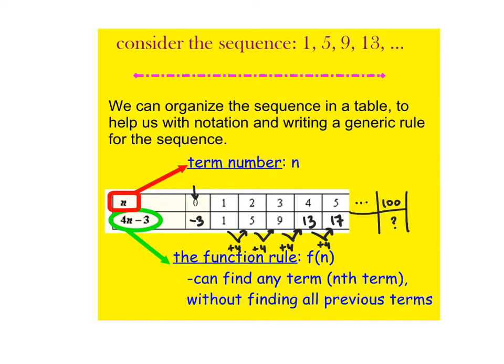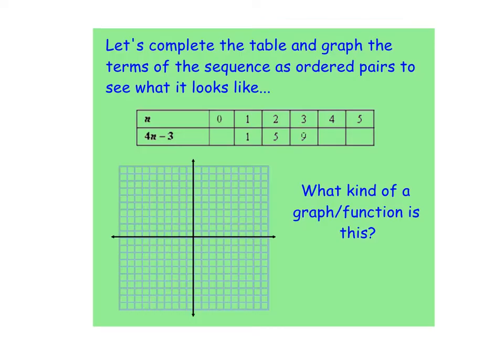So if I were to graph this, I could come up with a function rule from the graph in order to help us determine any term within the sequence. Let's look at the next slide at the graph of the sequence. Okay, just like we did completing the table previously on that previous slide, I knew that the following points, or sequence and terms, were applicable to this situation. So if I had to graph these points, for example, the point 1, 1, and the point 2, 5, and the point 3, 9,